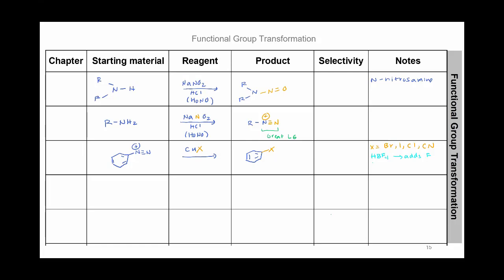If you just add water to that reaction, well, I don't know why you would want to do this, but if you added water, that will just add a hydrogen. So you'd get benzene. And then, oops, I'm sorry, that would make it phenol. So that's a different way to make phenol there. And then if you add H3PO2, that will add a hydrogen.